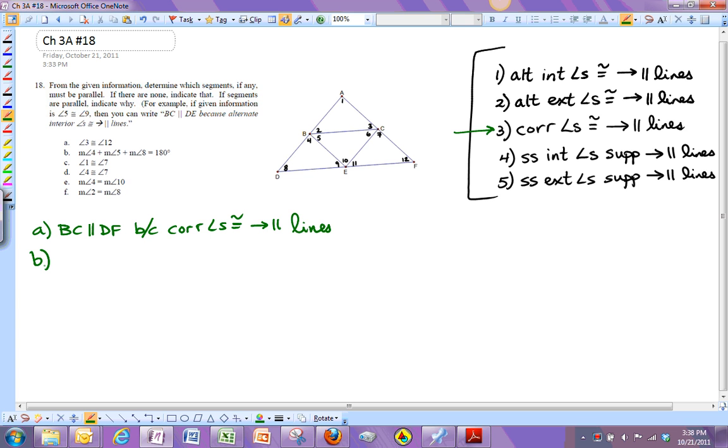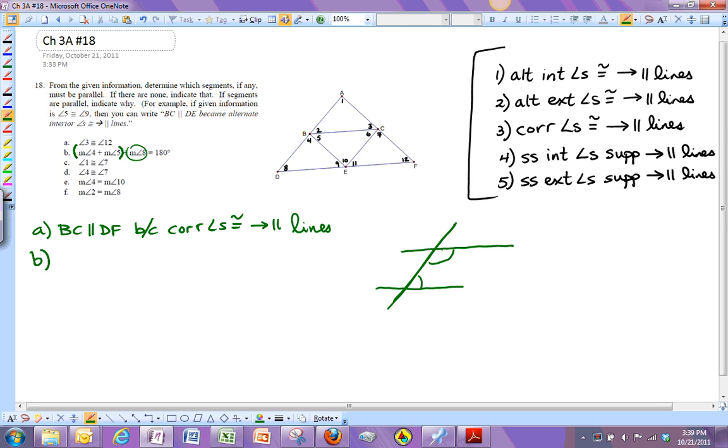Okay, if we look at B, B says 4 plus 5 plus 8 equals 180. So that's not even a pair of angles, that's a triplet, right? I'm going to use a little trick here and put 4 and 5 together. So really I'm looking at this whole angle right here. If I trace out the lines that form 4 and 5 put together, it's that line and this one going across. And then angle 8, my other angle, is formed by this line and the same line right here. And so if I move these over,